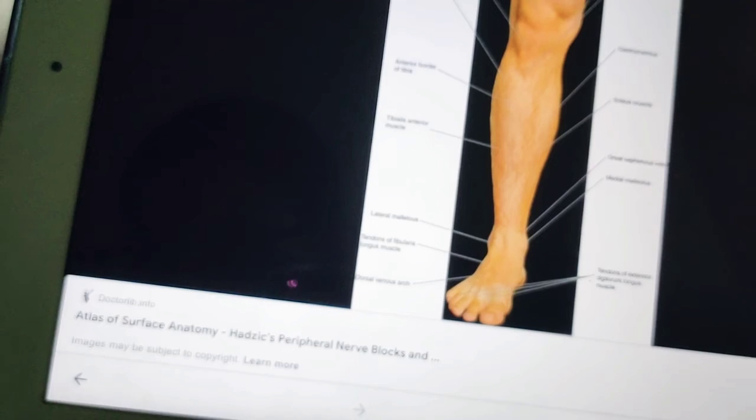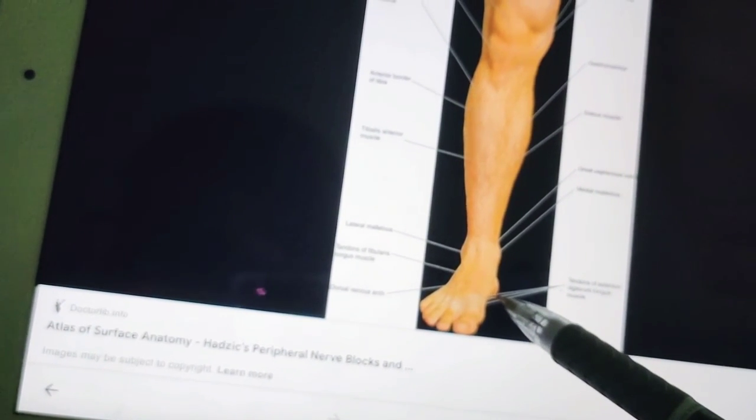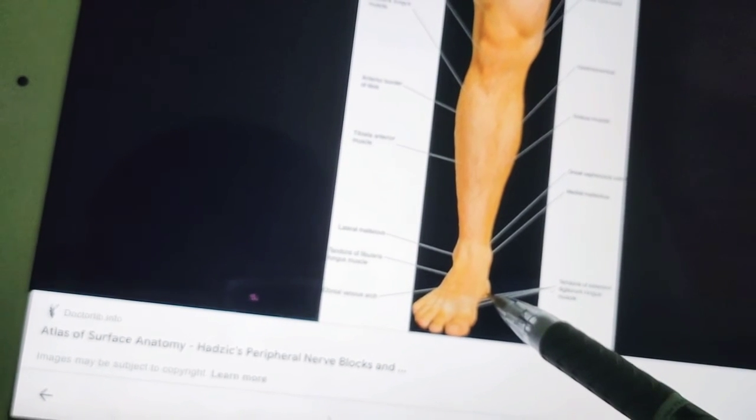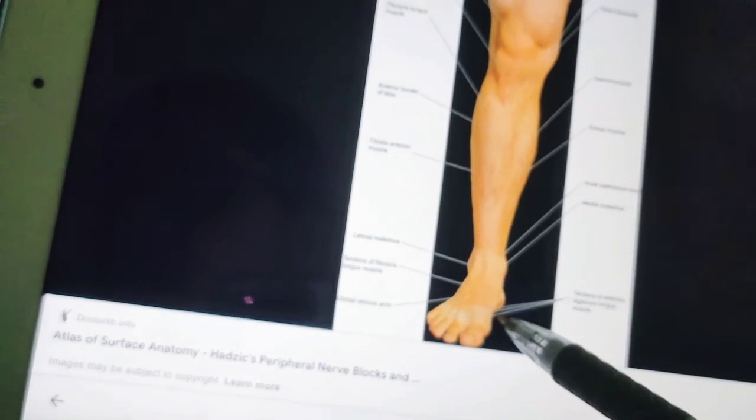Next, coming to the head of talus. The head of talus lies above the line joining the sustentaculum tali and the tuberosity of the navicular bone. So if you join them together, then you can feel the